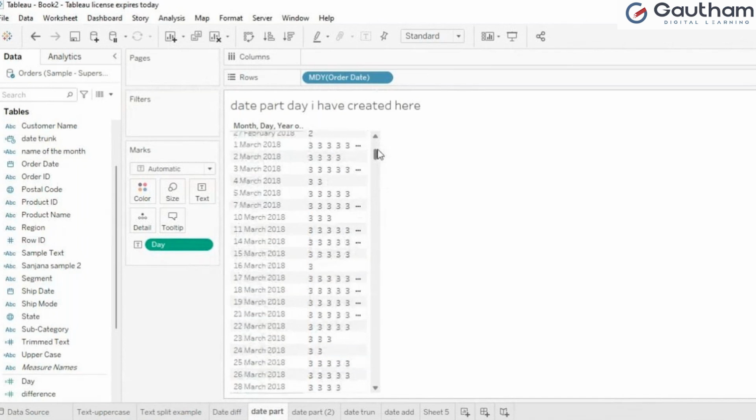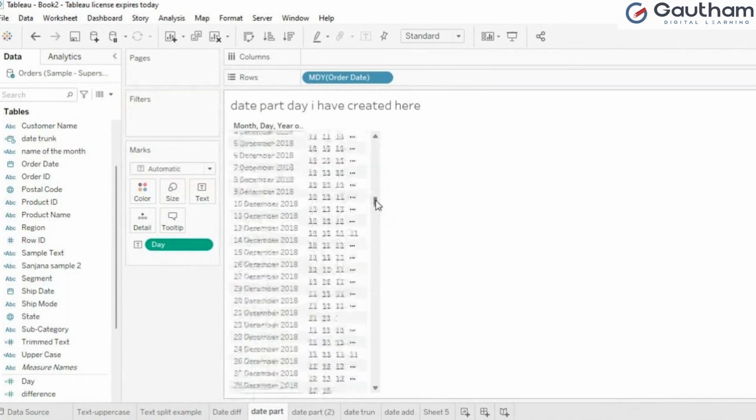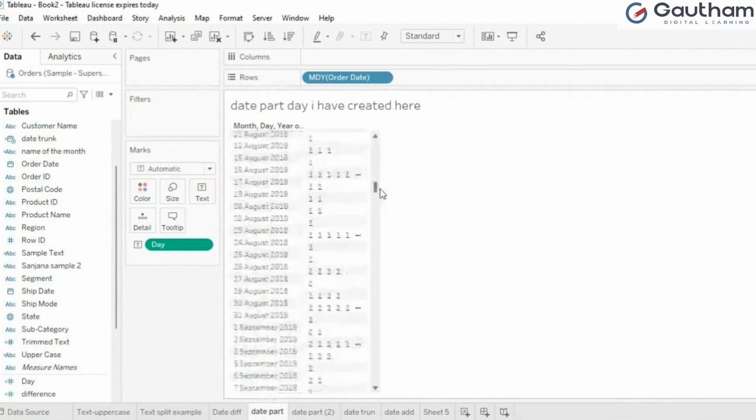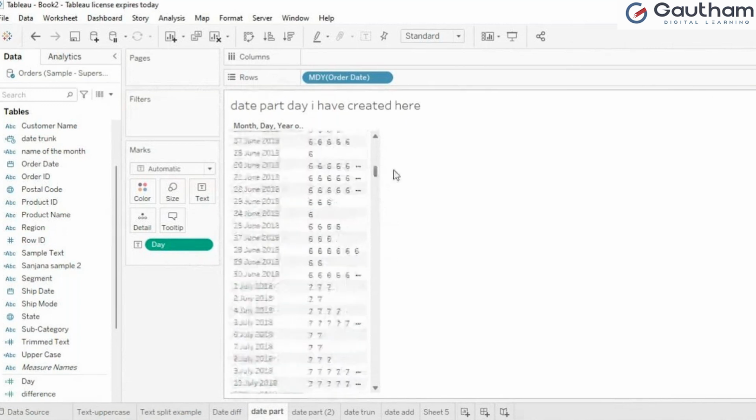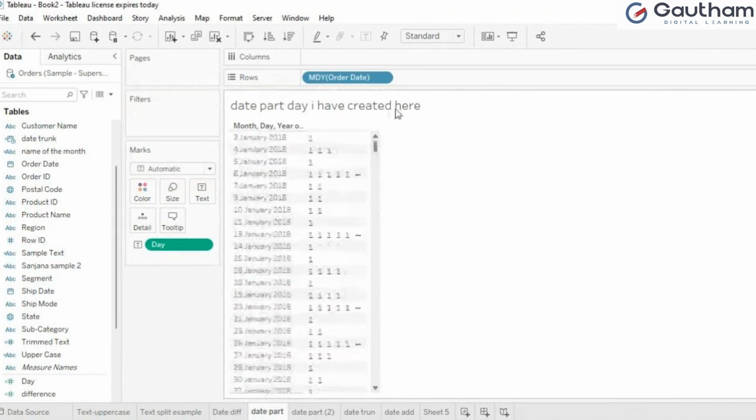3, everyone can say March. 12, everyone can say December. 1 means January, 6 June, 7 means July. So every business analyst can identify upon seeing the number itself, they can say immediately within a fraction of a second that month. They are that familiar while using these business intelligence tools and all. So hope you can also be the same way.